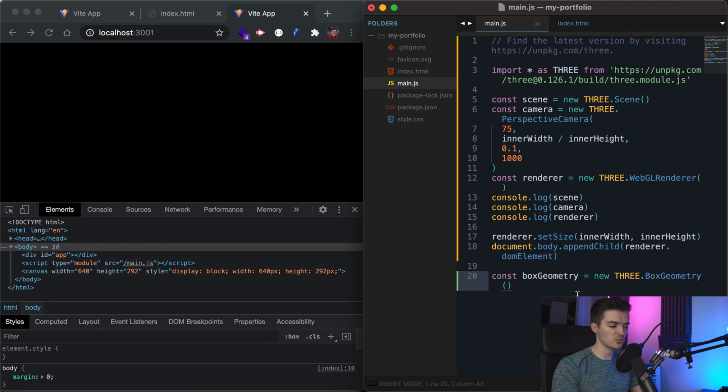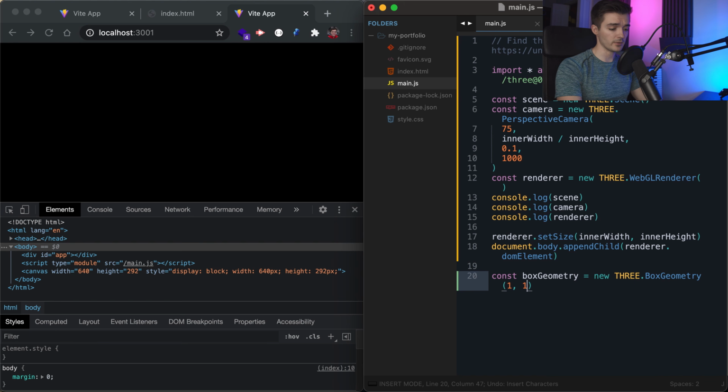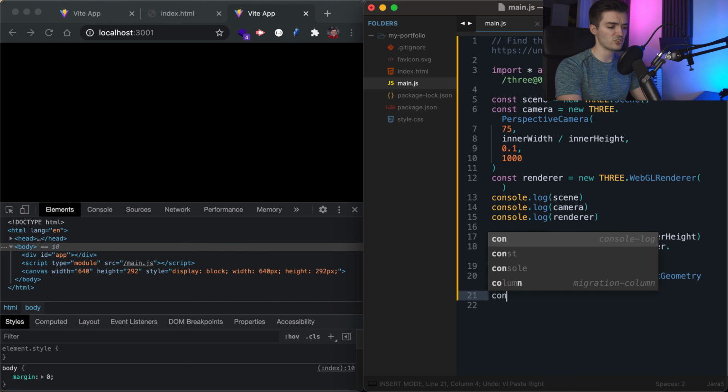So the width of our box we're going to declare as 1 unit. You can kind of think of this as feet. I'm not sure what the exact units are within Three.js, but we'll say this is going to be 1 foot for the width, 1 foot for the length, and 1 foot for the height. So if I save this and then console log this out just to make sure that